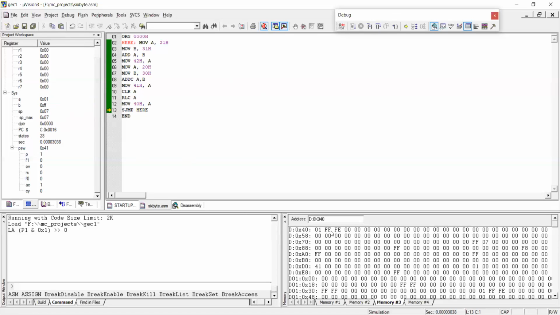So what is the result of adding two 16-bit numbers? Which are the two 16-bit numbers we took here? FFFF, right? Plus the other 16-bit number is also FFFF. The resultant of the addition is 1FFFE, right? We got this result here. This is the addition of 16-bit numbers, right?